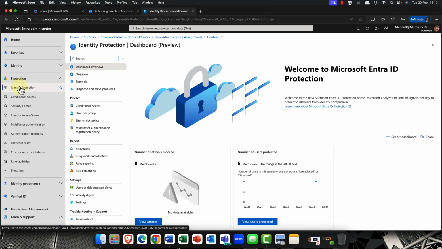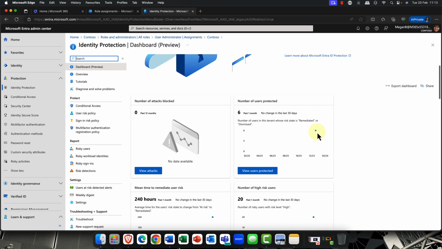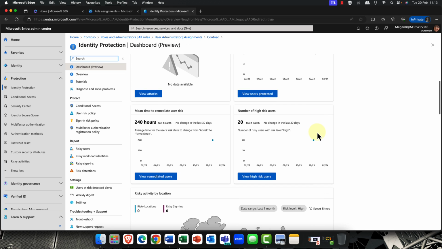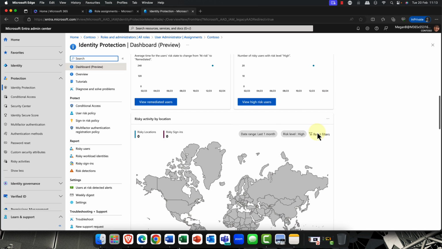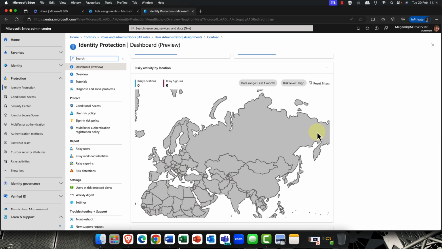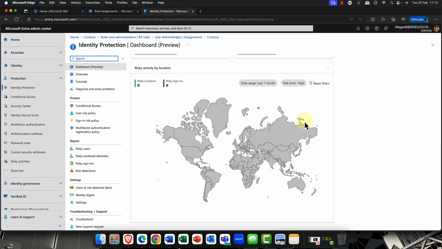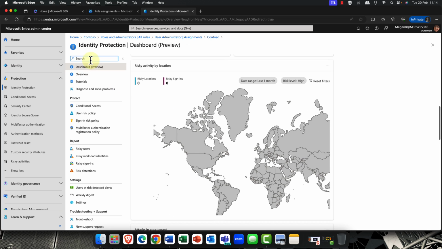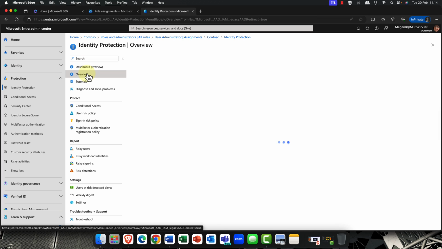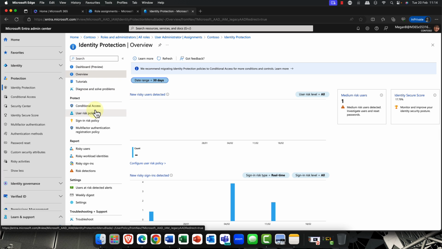Now, the downside is you do need a P2 license for this. It has just been going through a major revamp at the moment, so it's looking really nice these days. The information that's coming in is super useful. One thing I would say is that you can, of course, get an overview of it, but specifically what it